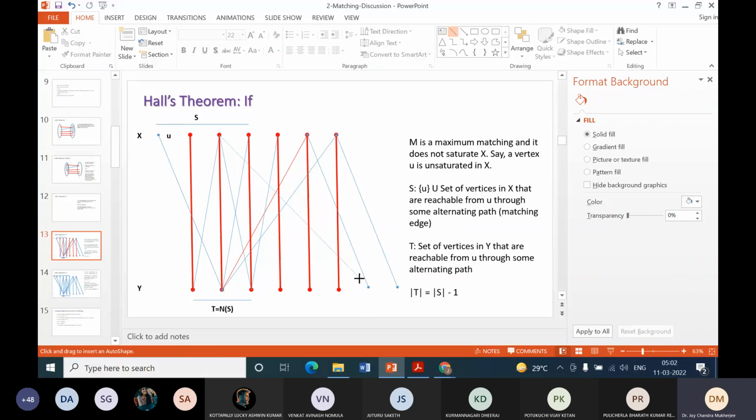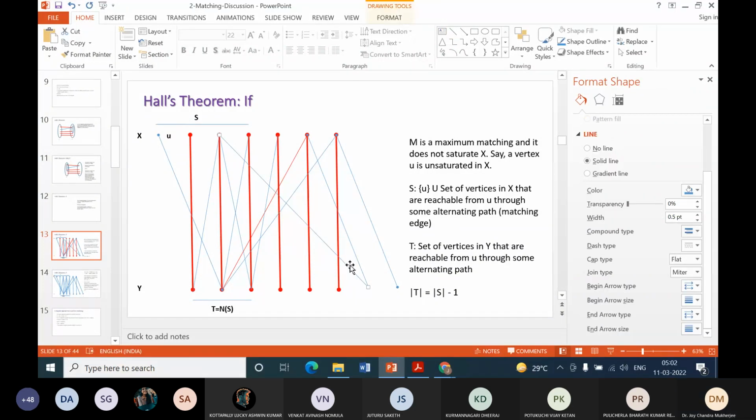So मैं इसको थोड़ा सा दूसरा कलर दे देता हूं. The question is, is there any edge like this? So what is this edge? What this edge characterizes? If T is not equal to Ns, इसका मतलब ये है